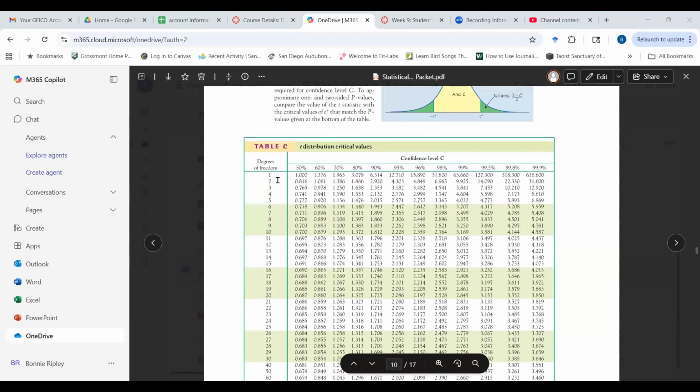So we need to look for the correct degrees of freedom on our t table. And this time we have degrees of freedom, we have 7. So we're going to go to the row for 7. And remember that once we've calculated a value of t, we are going to try and find the value we calculated in our table. Okay, so on the correct row, we're going to go across. We're going to see these numbers that are starting with 1 or 2, and we're going to go across to get